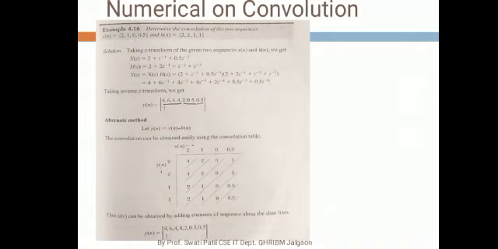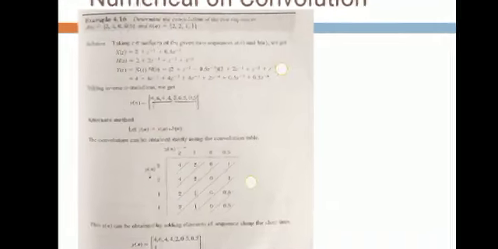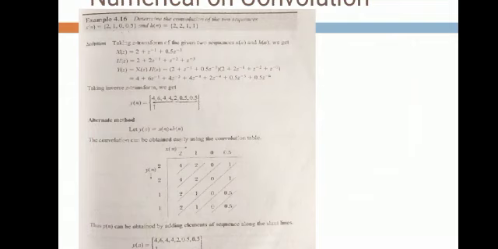For example, determine the convolution of two sequences given here as x(n) is equal to 2 1 0 0.5 and h(n) is 2 2 1 1. Taking the Z transform, we have been given two signals. So first of all take the Z transform of the x(n) signal, then calculate the Z transform of the h signal, and then multiply these two Z transformed signals.